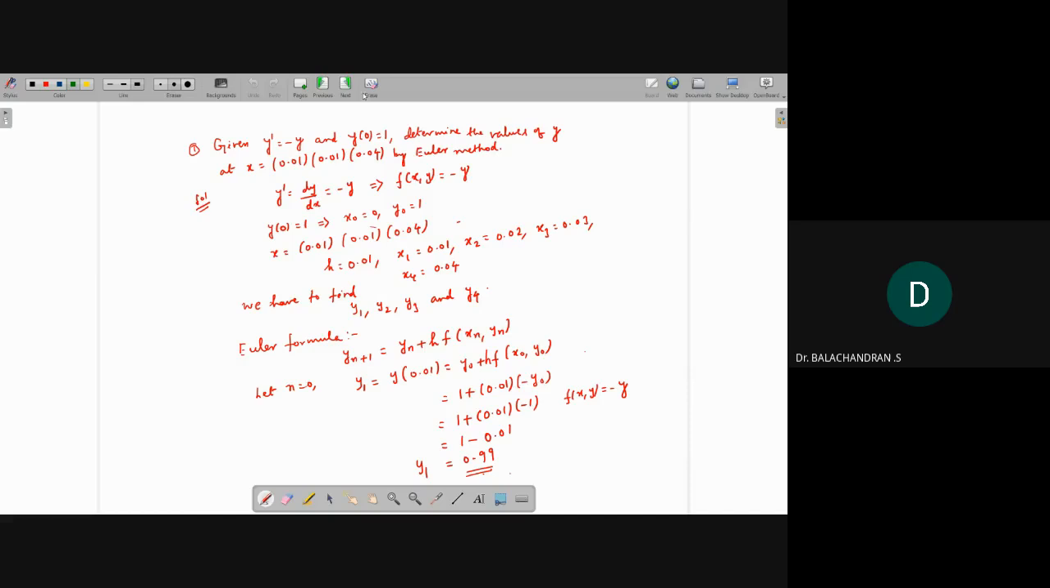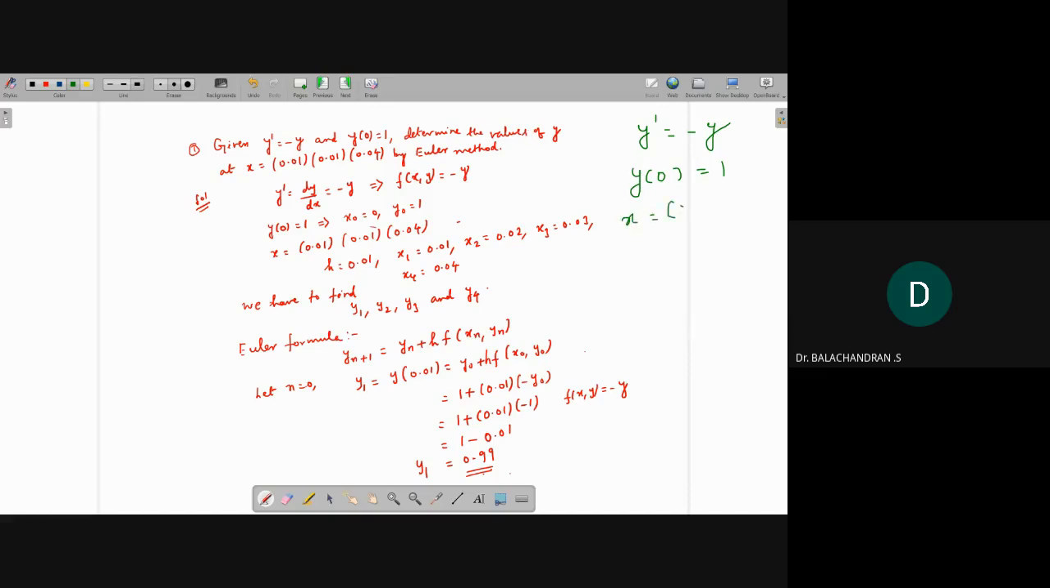So this is the first problem. y dash is equal to minus y. The problem is dy by dx is equal to minus y, and y of 0 equal to 1, and determine the values of y at